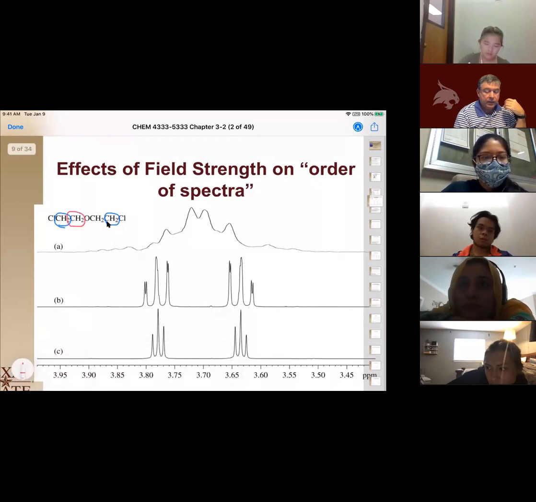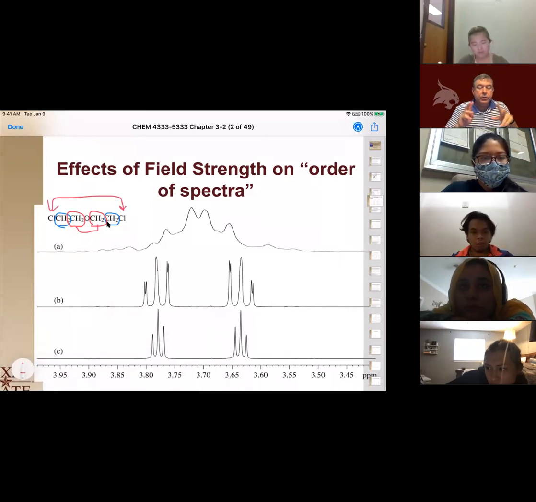We have these that are attached to the carbon with the oxygen, and these that are attached to the carbon with the chlorine, so those are 2 different types. So we should see 2 peaks, and they each have 2 neighbors, so they should each have 3 peaks. If we looked at an 80 megahertz NMR,